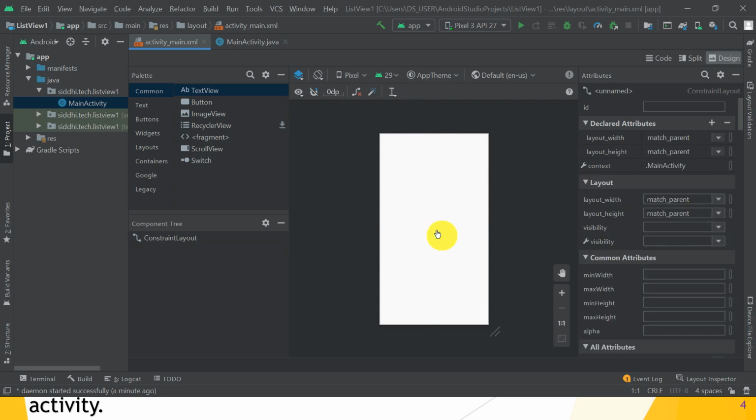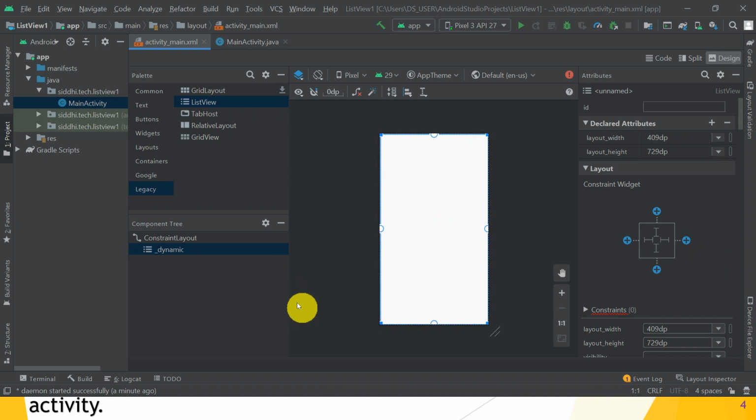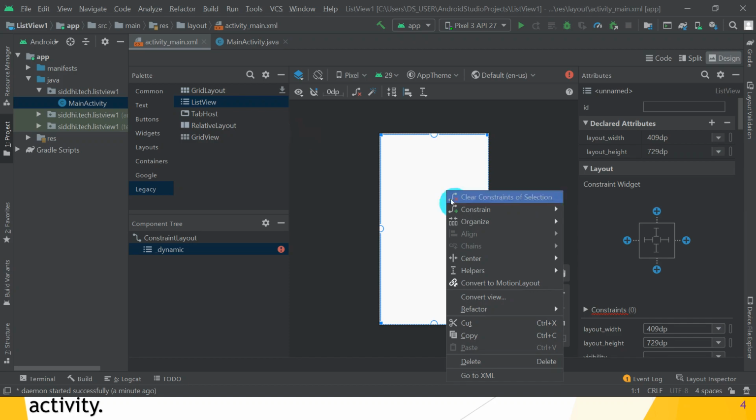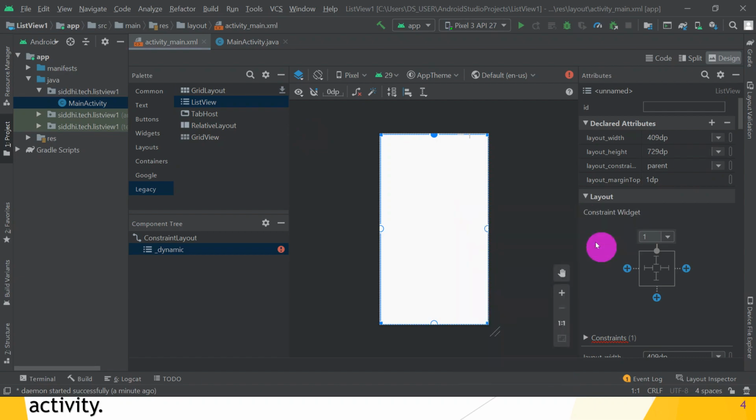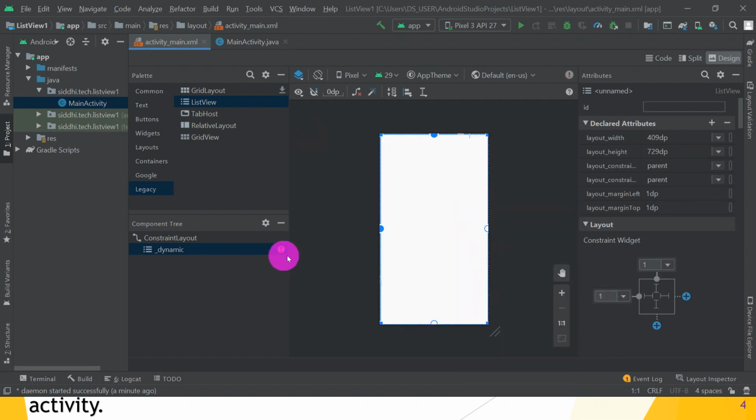Then go to the legacy controls. In that, list view, drag and drop that list view into your form. Then right click and give the constraint from the parent top and constraint from the parent start. So here is the red mark, now it is removed.